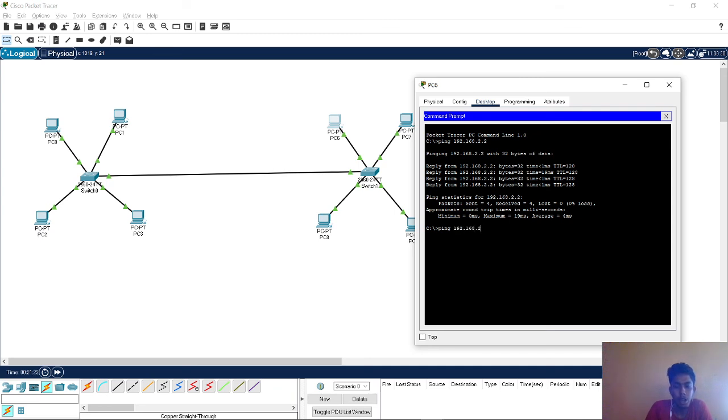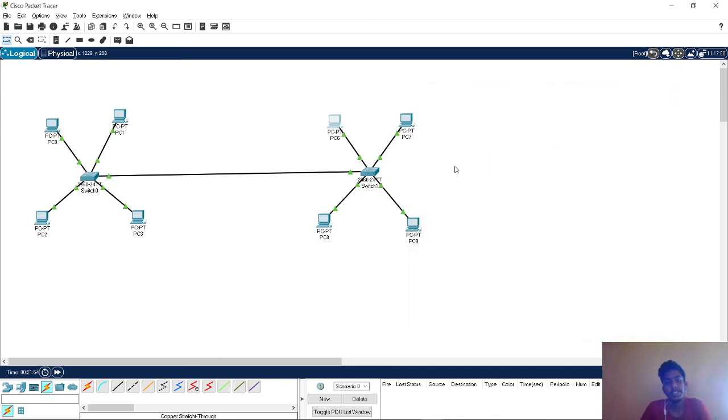It gives request timeout. It will be terminated with request timeout: packets sent 4, received 0, 100% loss.